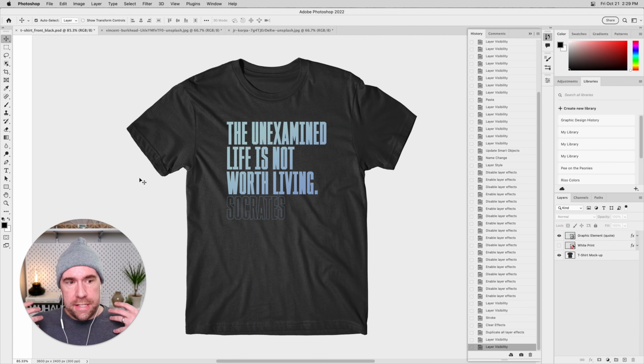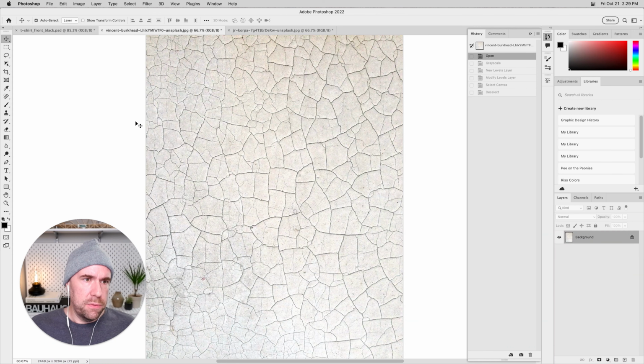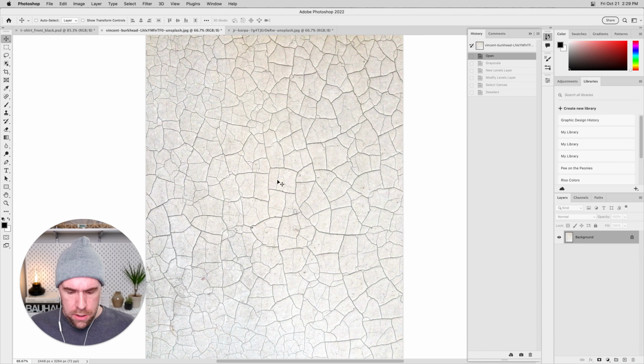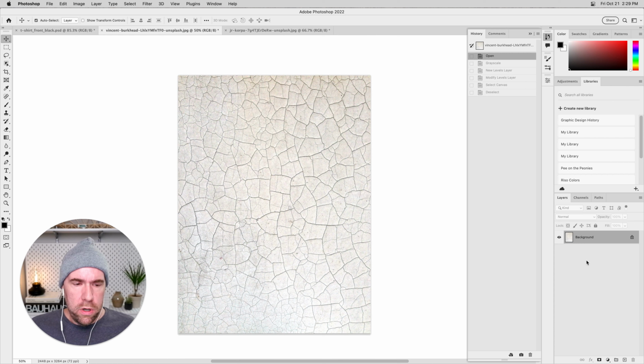So the next thing you want to do is start to think about how you're going to use your texture and which of the files you downloaded you're going to use. And in this case, I already have opened this one here. This one, I also have this one. So I want to show you a couple things. So one of the things that the person does in that video where he's,